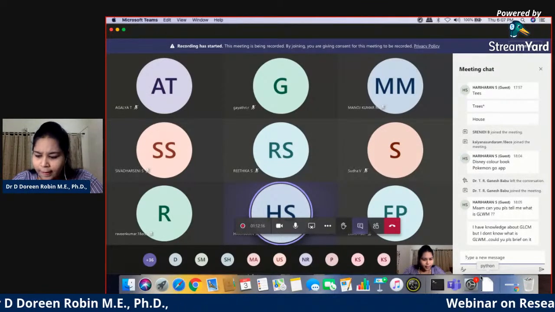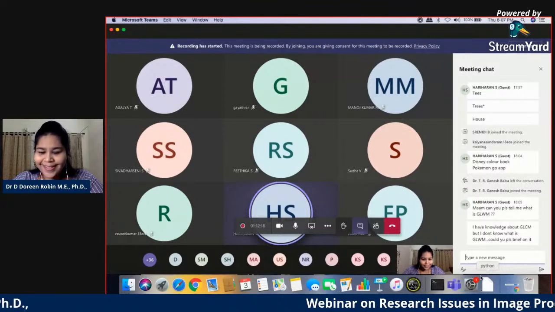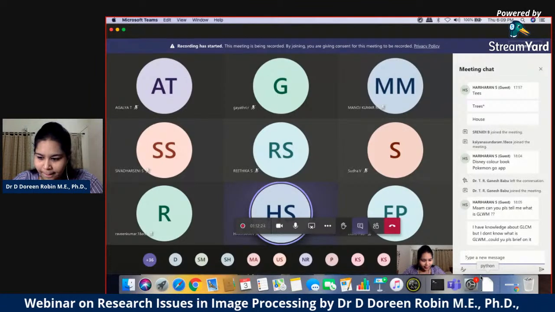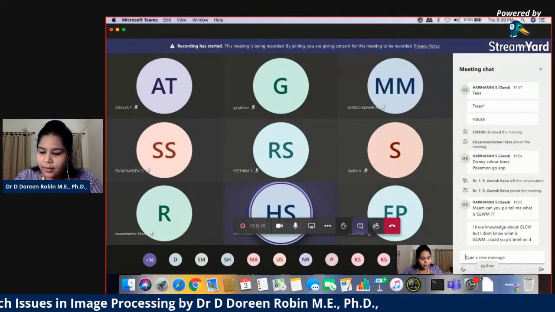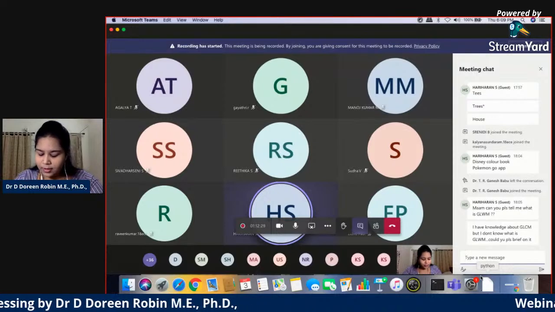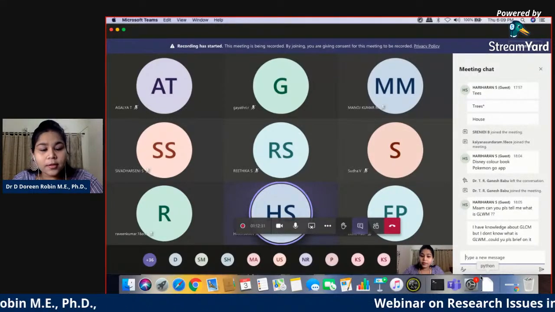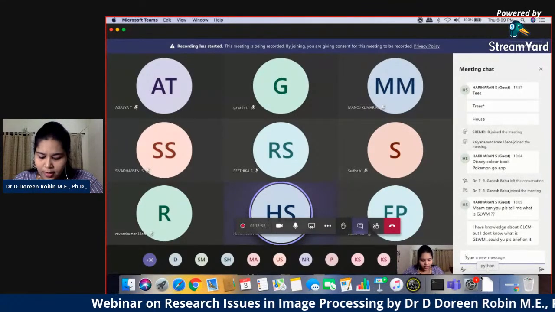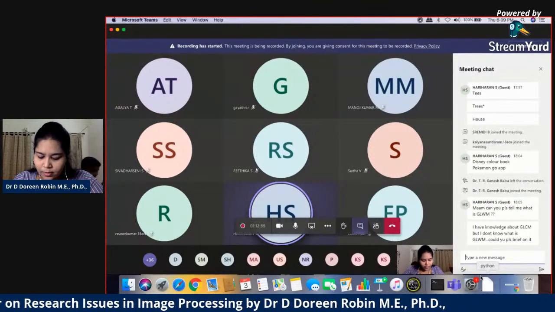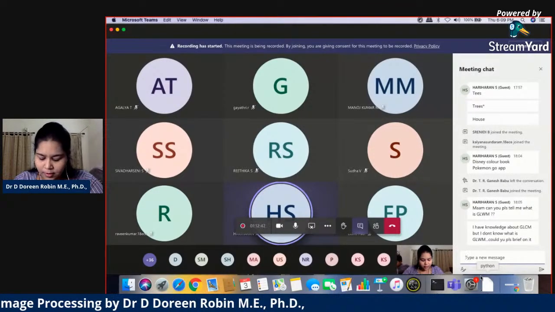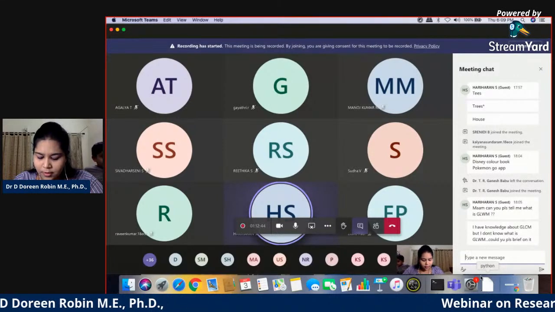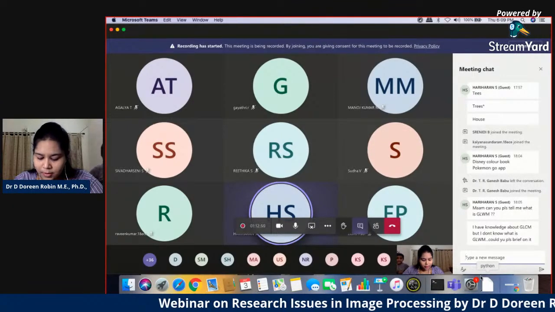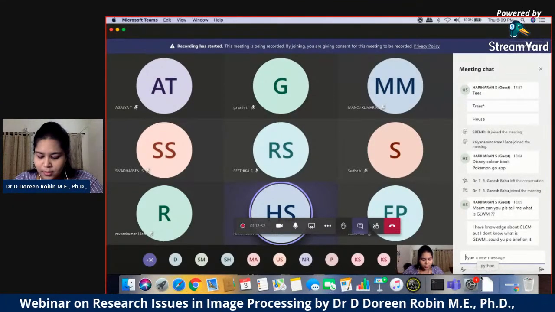Good evening, ma'am. Such a fruitful session, and I'm happy to be with you in this session. In my post graduation, I did my project using machine learning for classification of child items in a gold tree. There, I extracted the GLCM features. I didn't have any issue with GLCM, I know what GLCM is, ma'am. But I didn't know what GLWM is, and anyway I'm not going to use it, since in deep learning the features will be extracted by the layers themselves. I just want to know what GLWM is, ma'am.